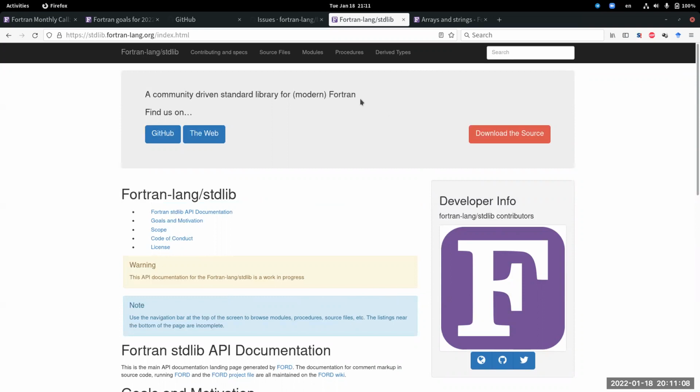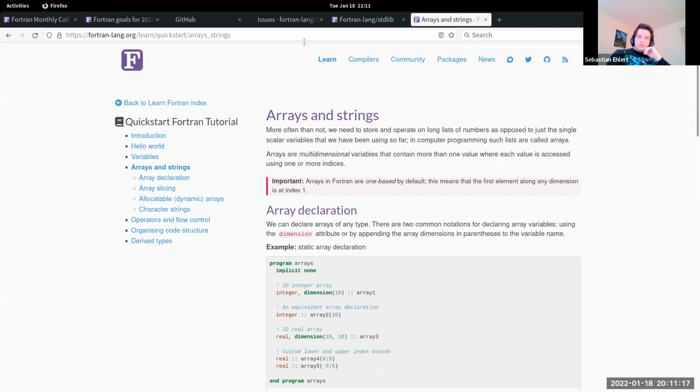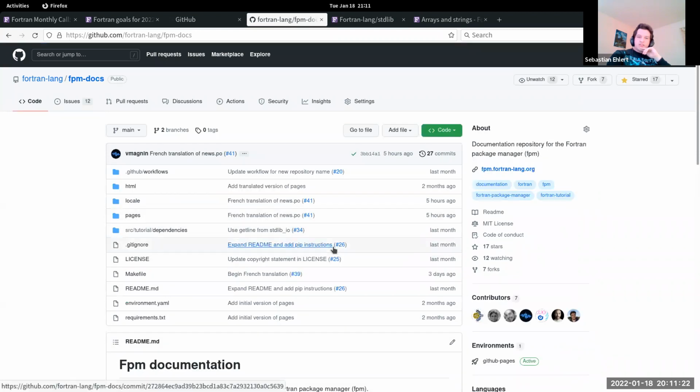So when you have this FORD website, what do you need to do to move it to the other one, the FPM example? So what we did basically was create a completely independent documentation which covers tutorials, recipes, which are kind of bound to the project, but don't necessarily have to live together with the source code. Yeah.